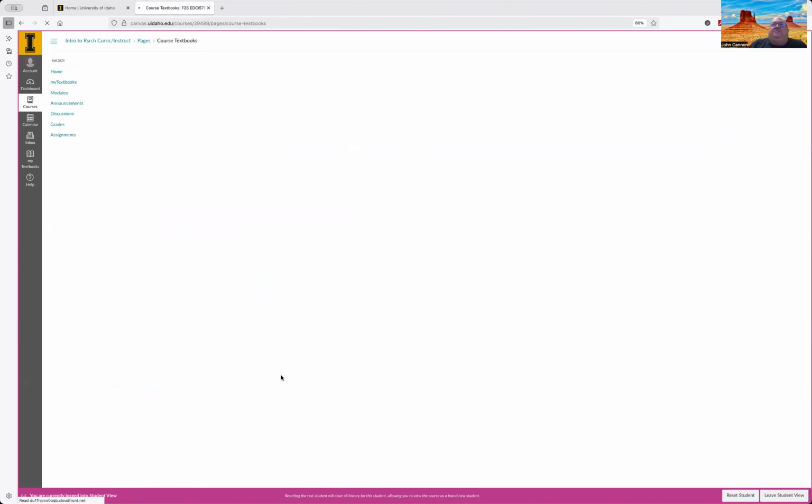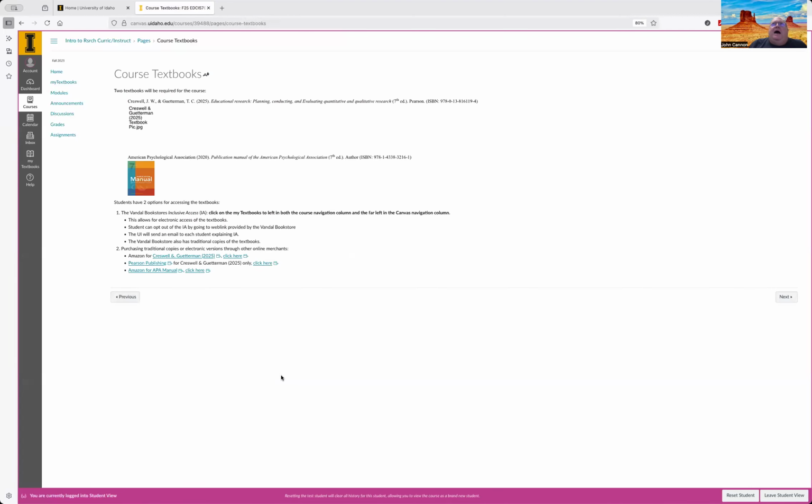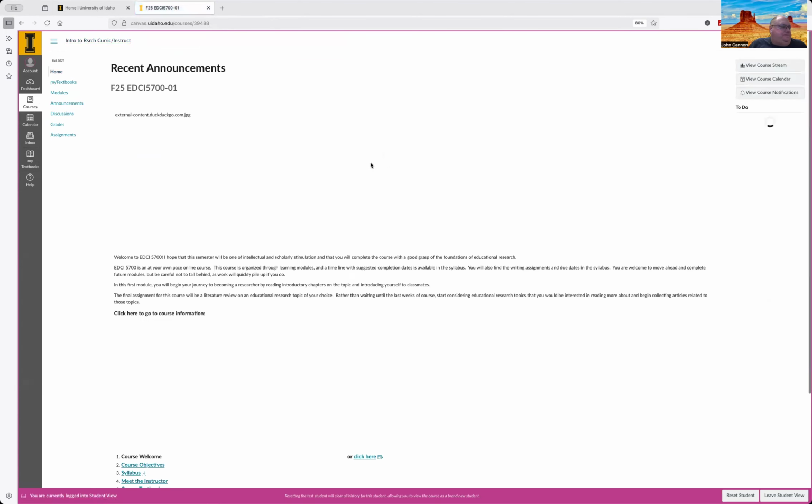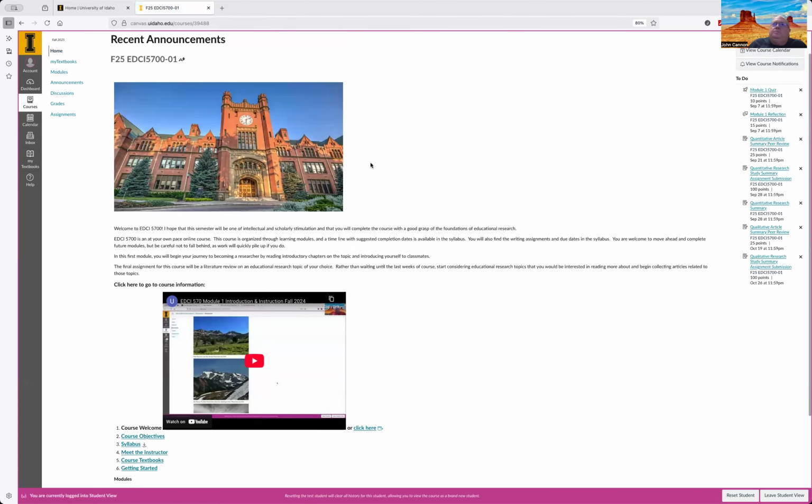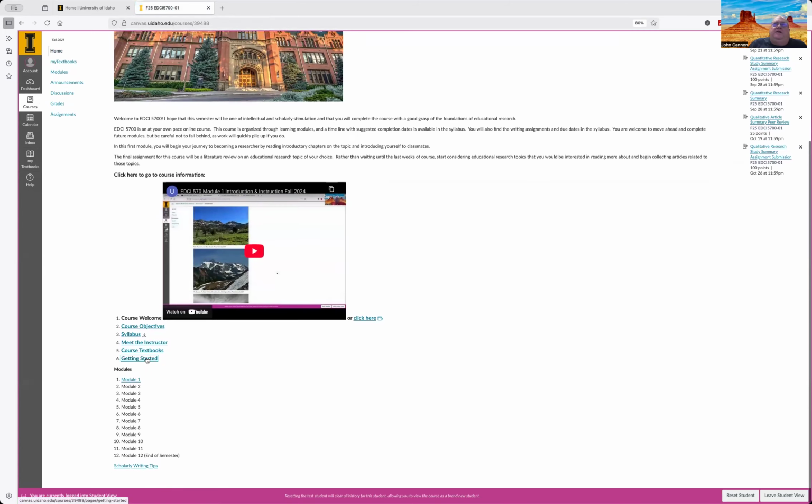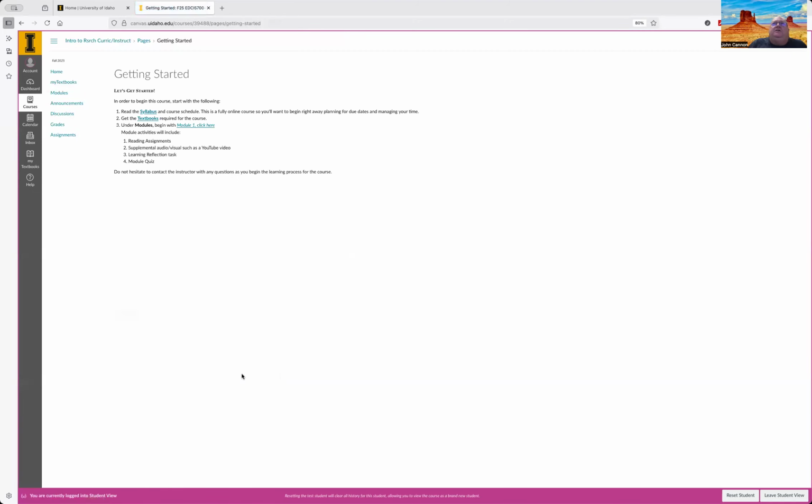Okay, here's more information on the textbooks, and this comes out of the syllabus, just links. And again, here are your links, and also over on the far left side of the website, you can click to get into the textbooks. And then getting started, I have a getting started link. And you can go in here.